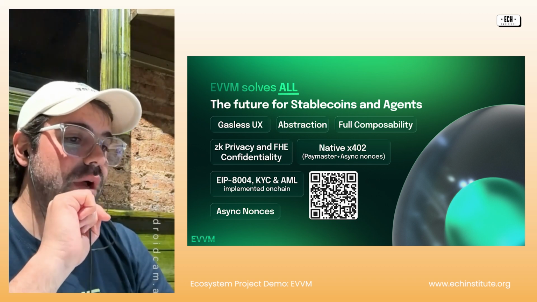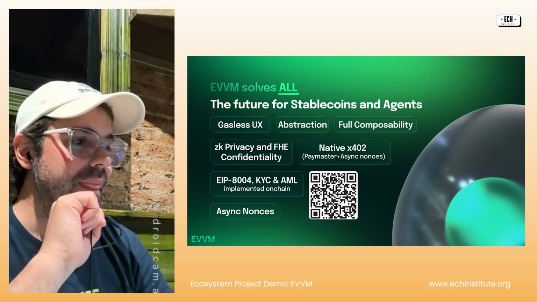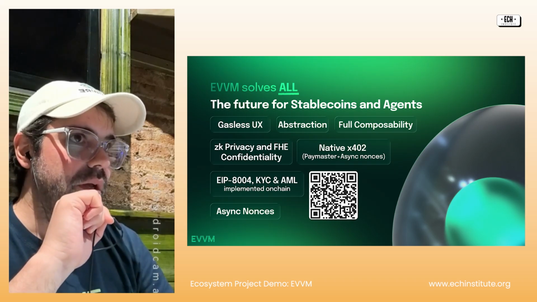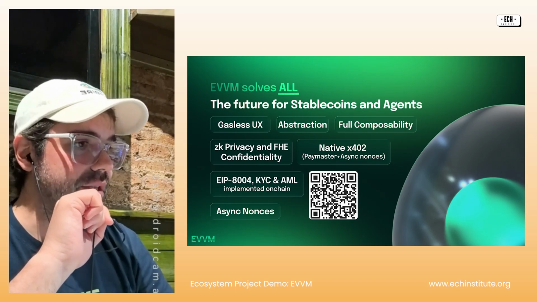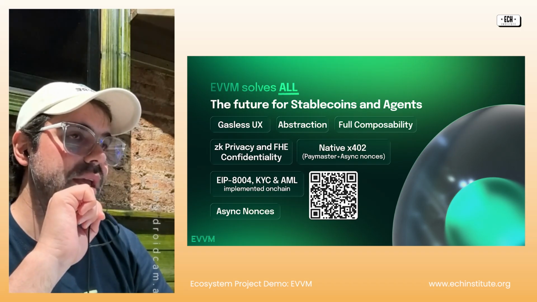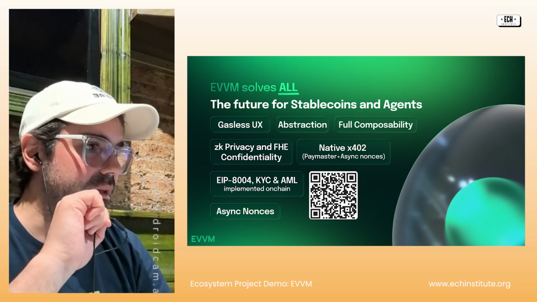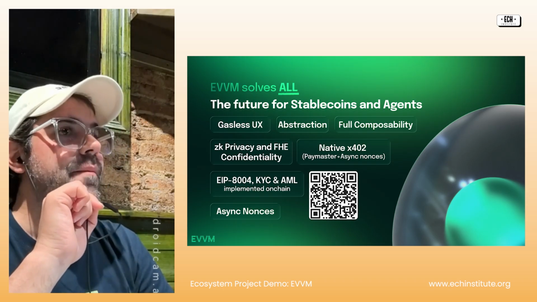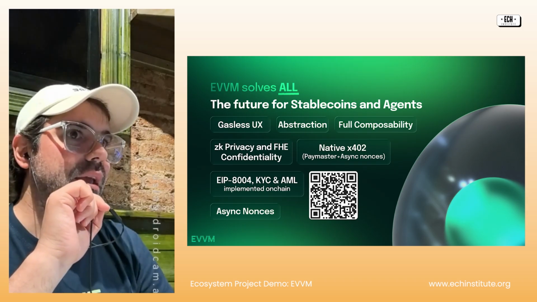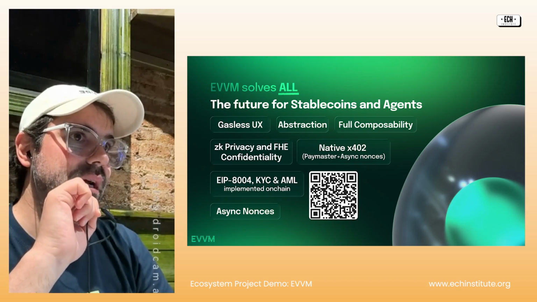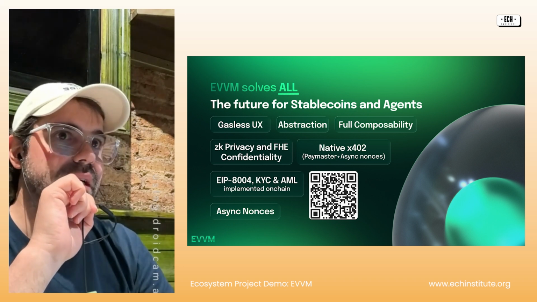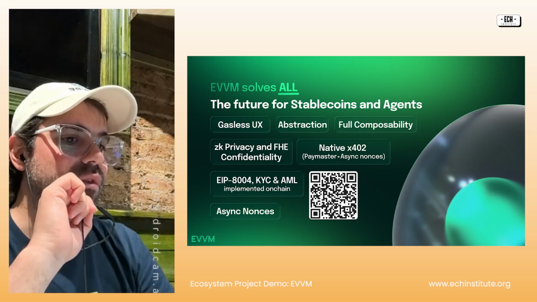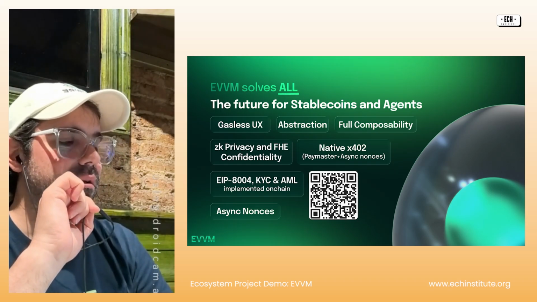Secure privacy and fully homomorphic encryption for confidentiality. Arturo will show later in this demo how we can add ZK vaults to create services with full privacy for users to send tokens, receive them, and split them in different transactions without revealing who is involved in these transactions. This could be a little controversial because these are the types of activities that are not very well seen by governments. But what happens if we do KYC and AML on our EVVM?